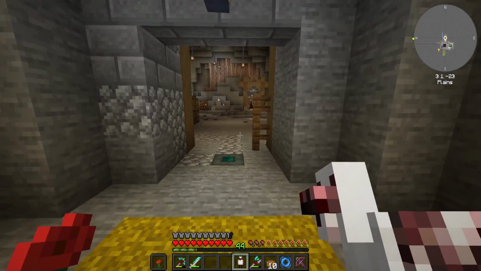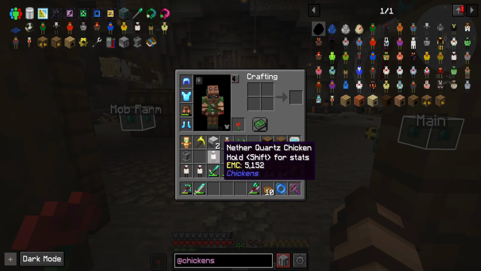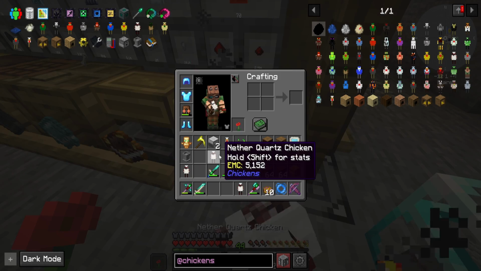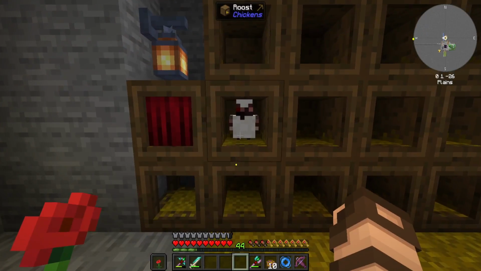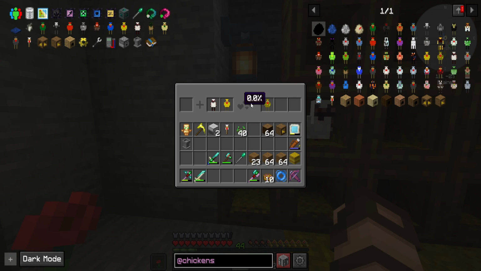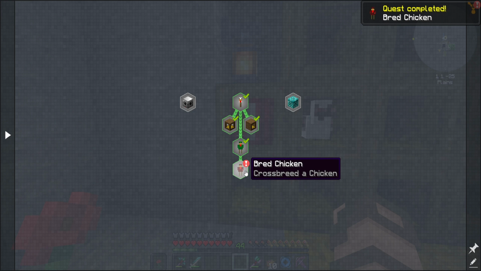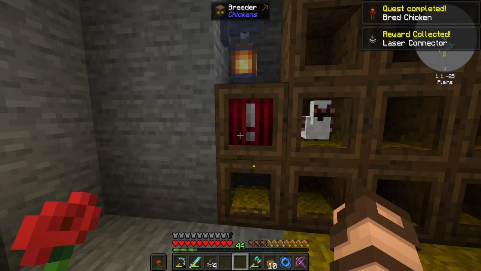Yeah. So I think all these other chickens that I've been breeding that have lesser stats, I've got a great idea for what to do with them. We're going to set them free into the lava. Cooked chimkin, that's right. Meanwhile, we'll keep this one really good one, and this other really good one, and oh, look at that, glowstone chicken! We got it! Alright. So that completes another quest, and that gets us the completion of the chickens. And I got a laser connector